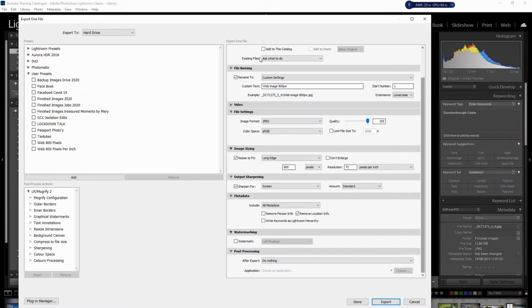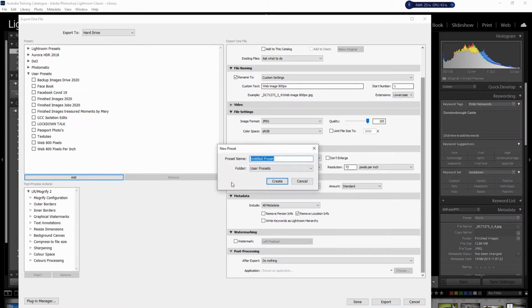Now, so that I don't ever have to go through this procedure again to send out an image that is going to be suitable to put onto this particular website, I just come over, and you can see I've already created a couple of presets here, which I'll remove. I just hit the add button and I get to name this preset. So I'm going to name it web page